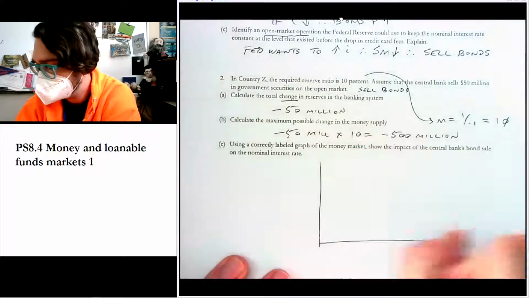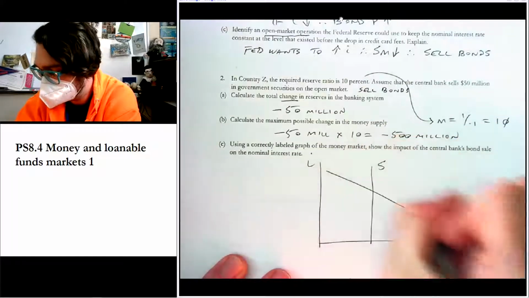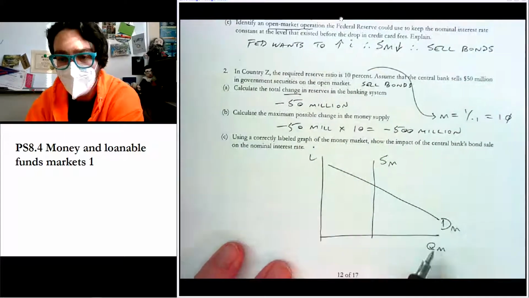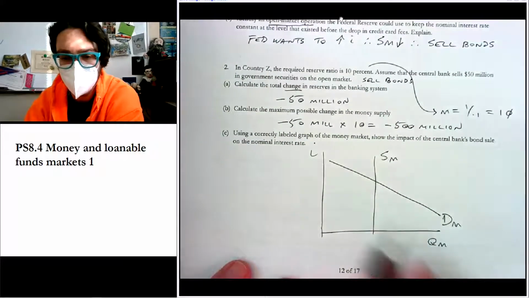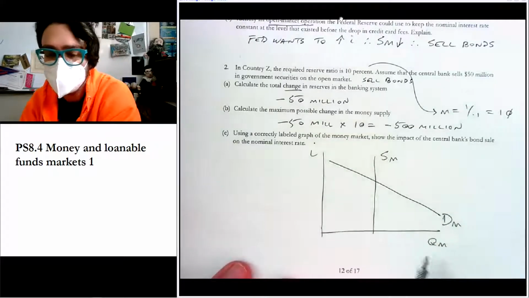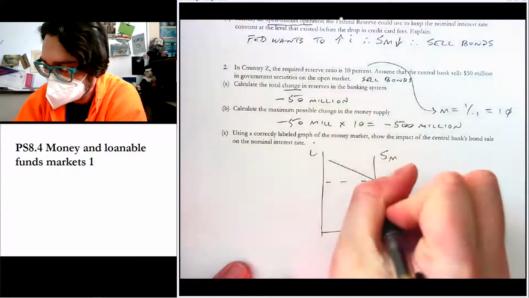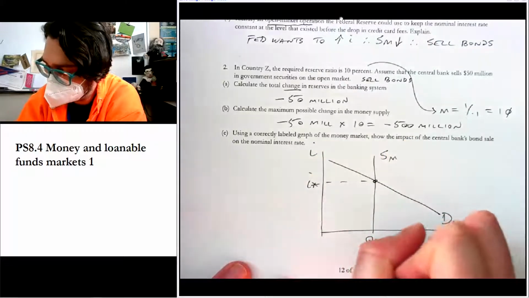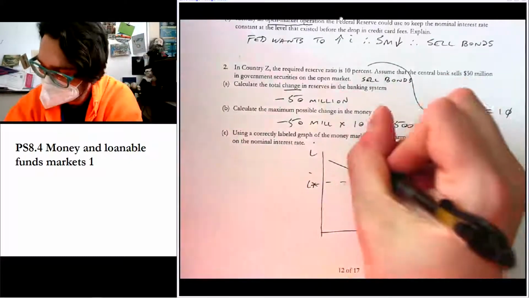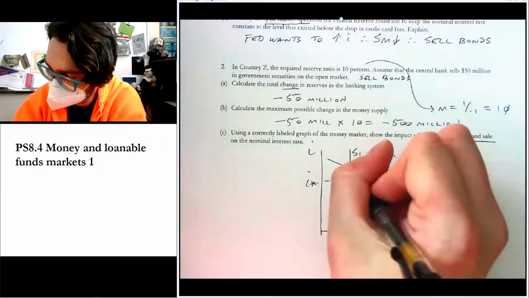So do this: Q_M, I, S, and demand for money. And it's okay if you forget to put the M's here. I think it's really important if you put Q_M and I. I is essential. You won't get credit on an AP if you don't put the I. But the M's on demand and supply, it's useful to do it, but it's not essential. So we've got interest rate, I star, Q star, and then we know that they're selling bonds, so that makes the money supply smaller. So we're going to shift this curve to the left, S1 over Q1, and that has the